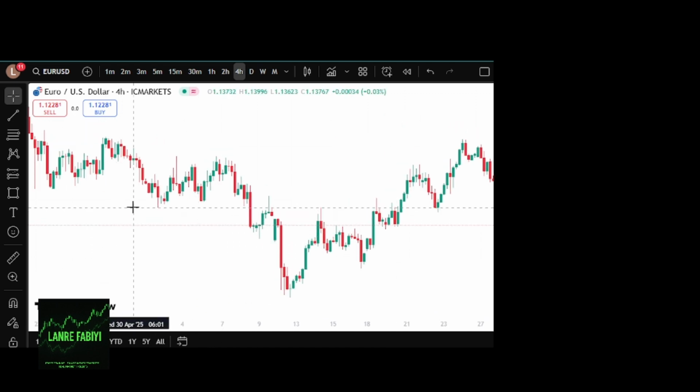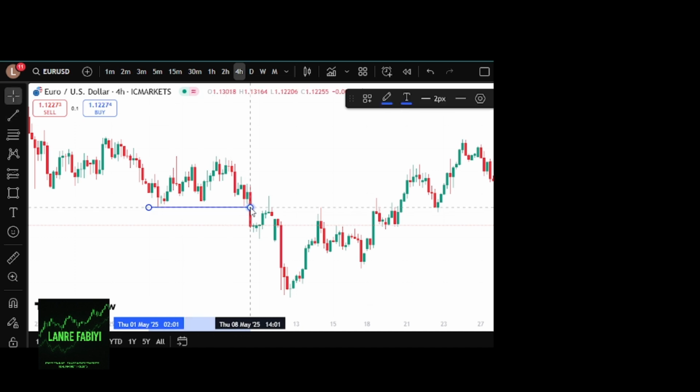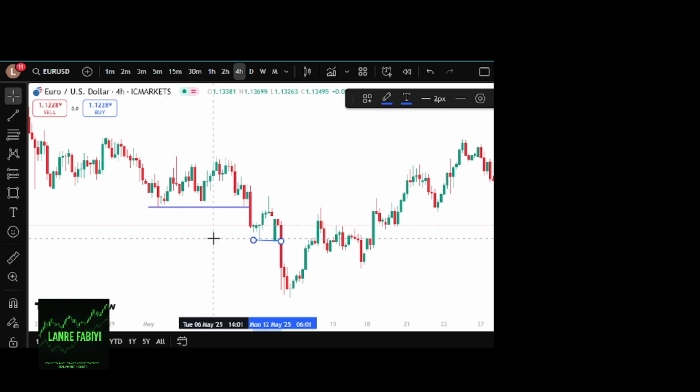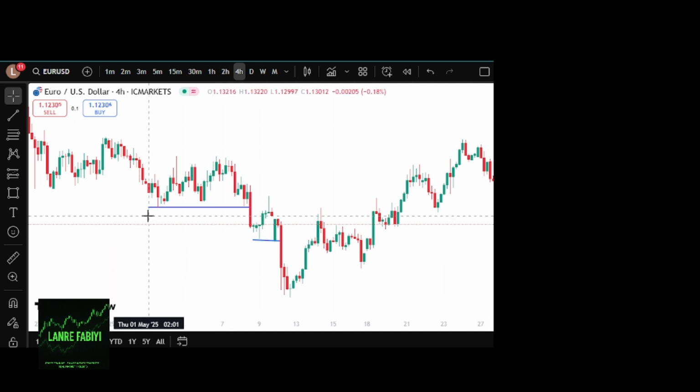But in this market, you have this break of structure down to the downside. You have a break of structure from this point to the downside. It's a break of structure to the downside. You have another break of structure from here to the downside. Are you getting it? You have another break of structure to the downside. So if you are looking for a buy opportunity or sell opportunity in this kind of market, you are going to